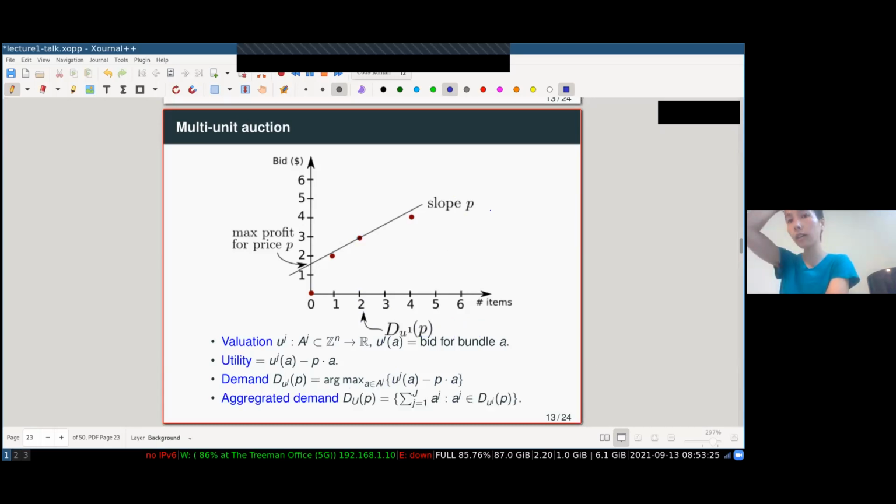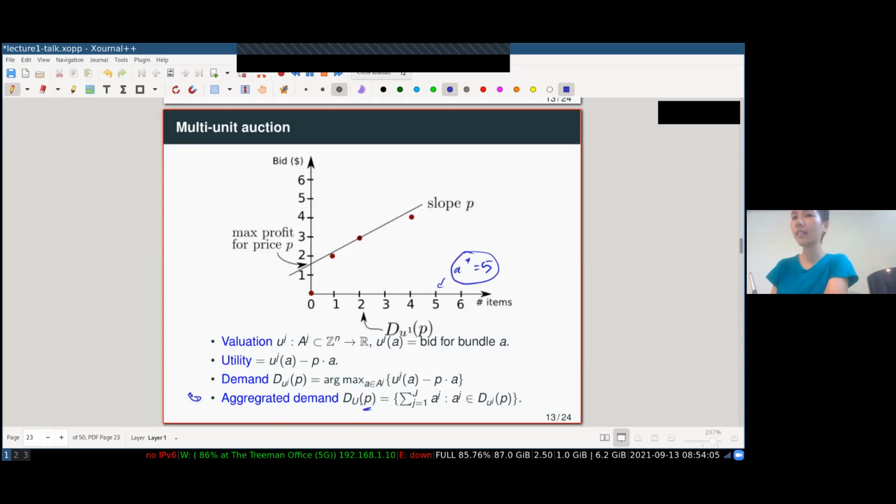Solving the problem for one agent is not hard. The hard part is when I now have a bunch of agents. So I have a bunch of these valuations. That's the input to my problem. I have a bunch of valuations, and I have a particular bundle I want to sell. Let's say A star is 5. I want to sell 5 bananas. Each agent submits some set of points that looks like this. My goal is to compute a price P such that the bundle I want to sell, A star, lies in